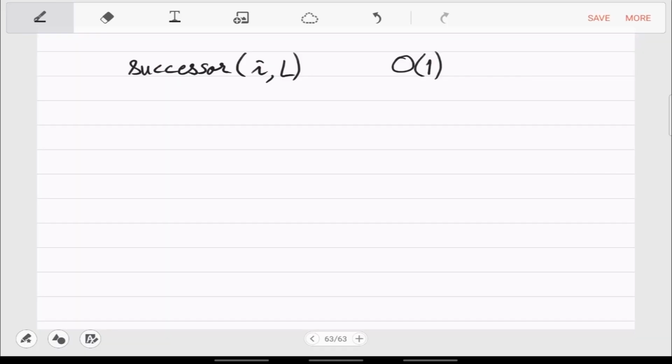Now you know this is easy, because if you have the address for big A plus I, then you have the address of big A plus I plus 1. So successor and predecessor are just order 1.